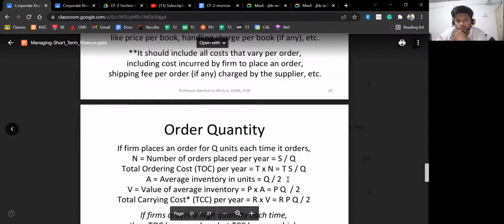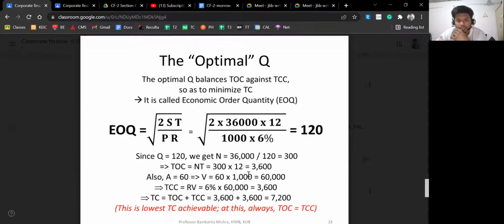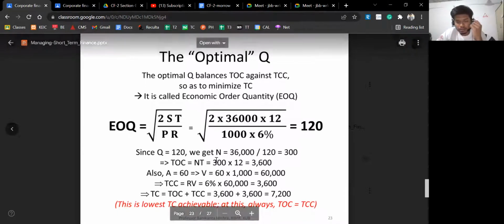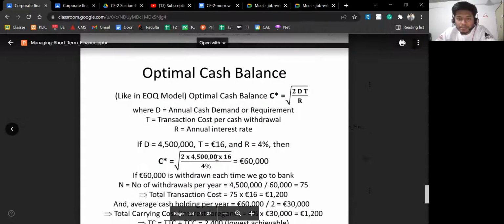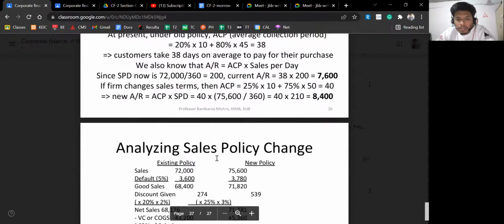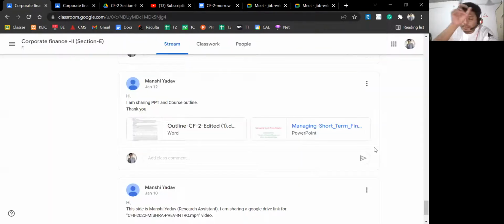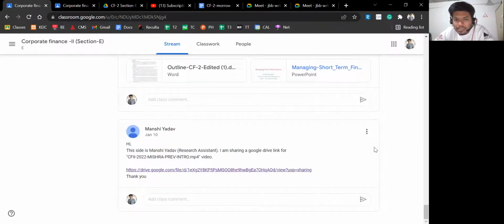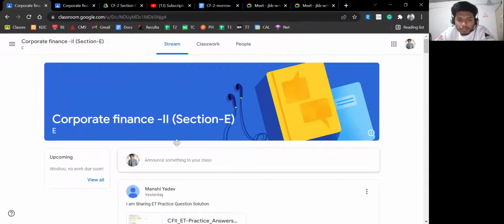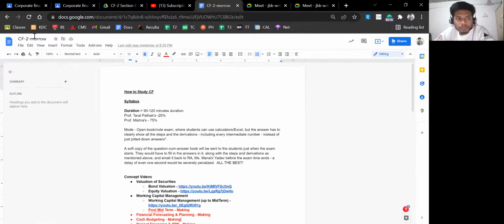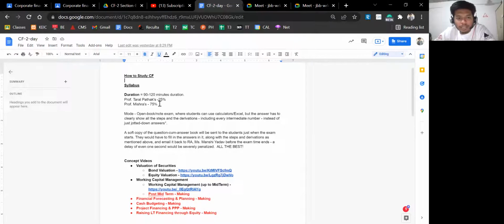Okay, so let me see. I think this part was where I left the last video, and after that the Miller Orr model and the optimum cash balance model is there, nothing else. So the only Miller Orr model is what you need to study. But that's it for Manikant Mishra's slides. Other than that, I have also made a doc, so I shared the doc link. Okay. So basically, the 25% is Taral sir's part, 75% is Professor Mishra's part.